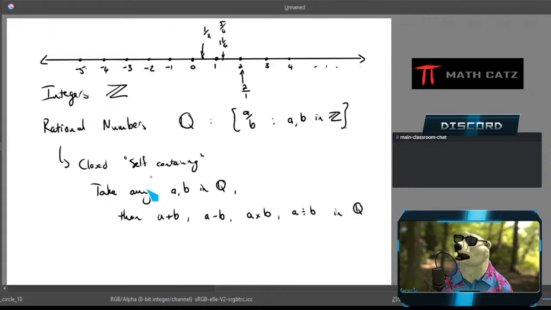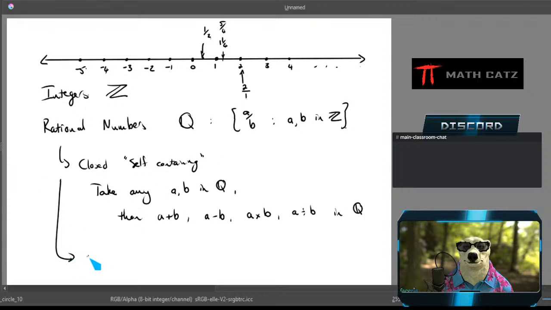You can do that by example to just convince yourself. Take any one of these, any fraction, anything. If I do a calculation with them, then the answer that I get is still going to be a fraction or an integer, a rational number. So we don't take some of these and then jump out of it. It's self-contained. It's closed. More than that,